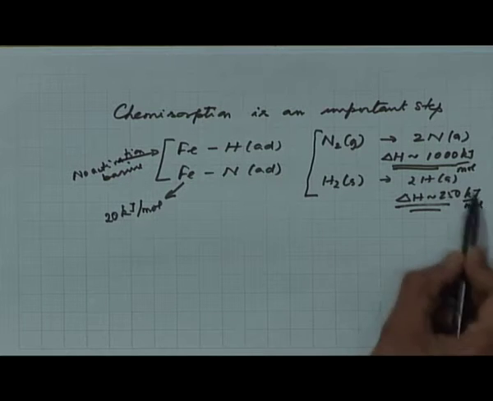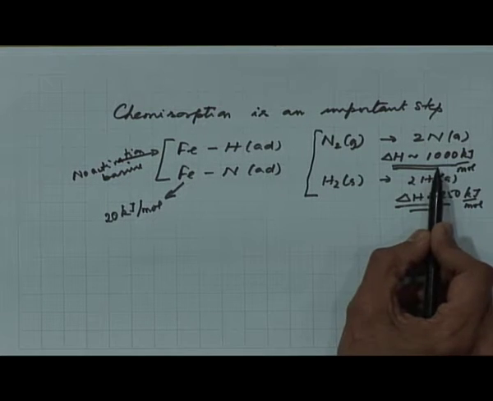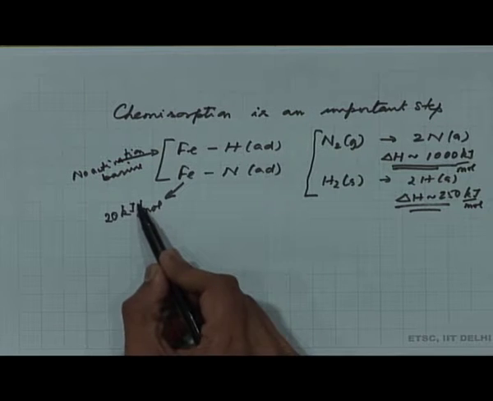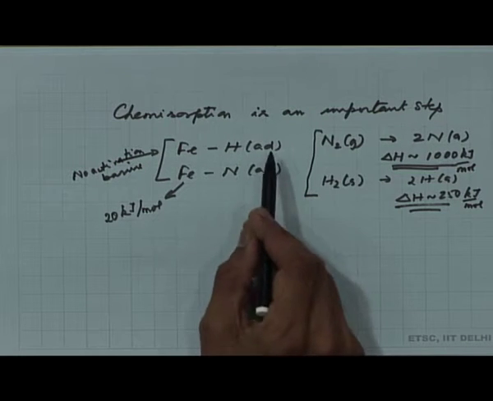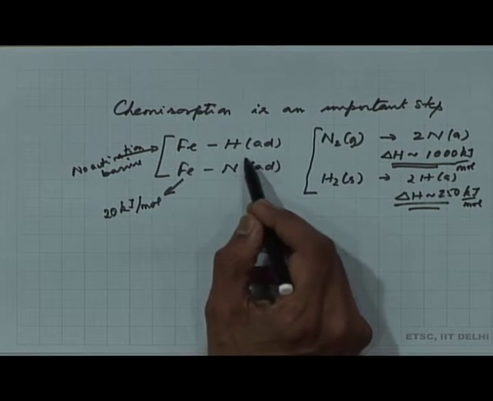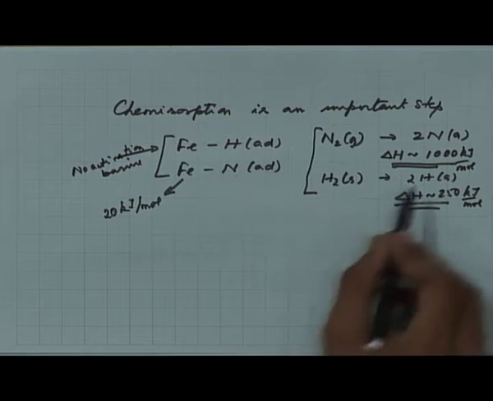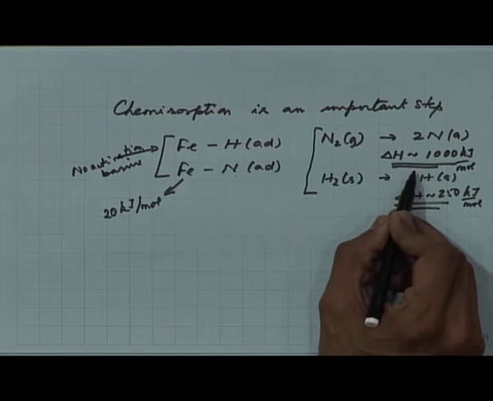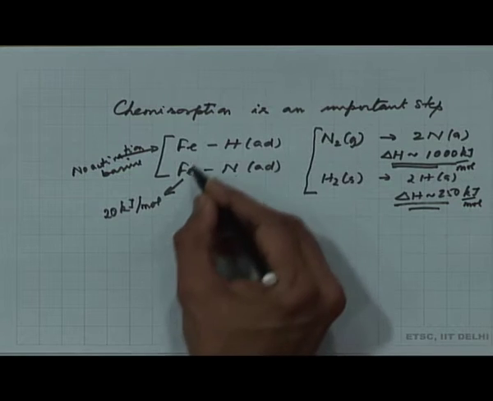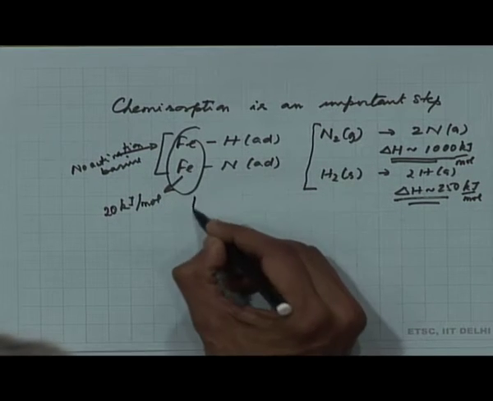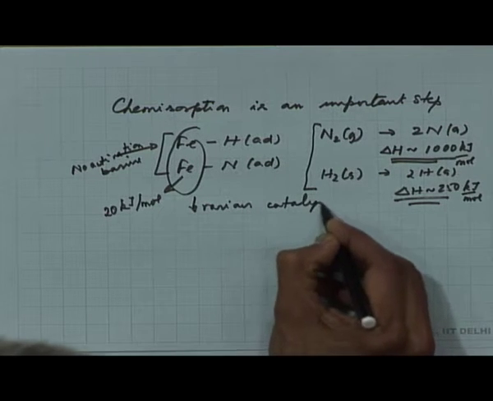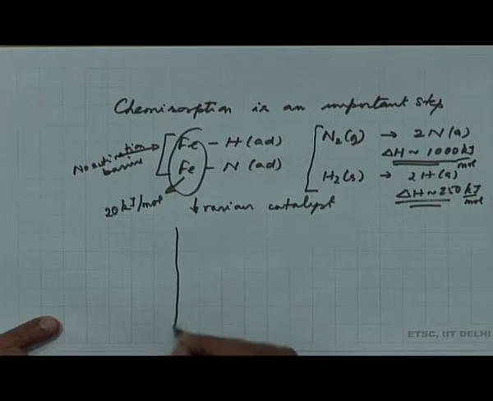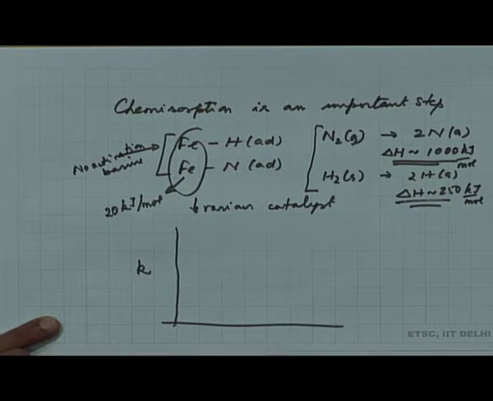So, you do not have to spend so much energy as is given here, but with much lesser energy you are able to get adsorbed species, and that is the driving force. That is what makes this surface reaction much faster than what you would have if you had it in the gas phase. So, if you now looked at various catalysts, so if you looked at the rate of this reaction or the rate constant of the reaction as a function of catalyst,